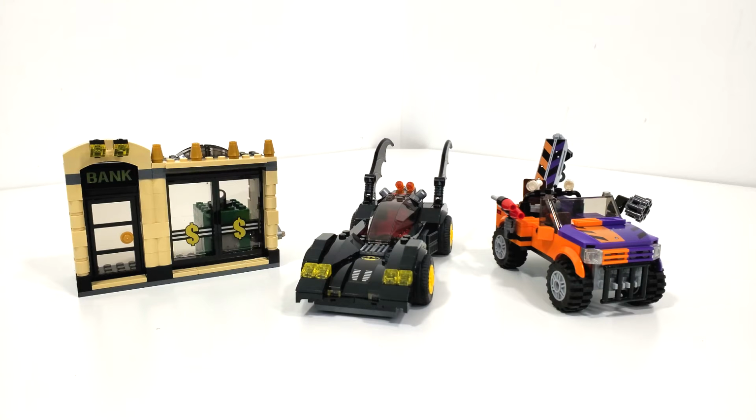Now when it comes to the Batmobile, we've seen it so many times over the last few years. I don't think this is one of their best. Maybe it's one of their most decent ones that they've done. There are some minor flaws which we'll get into momentarily, but we're going to start off with the other two